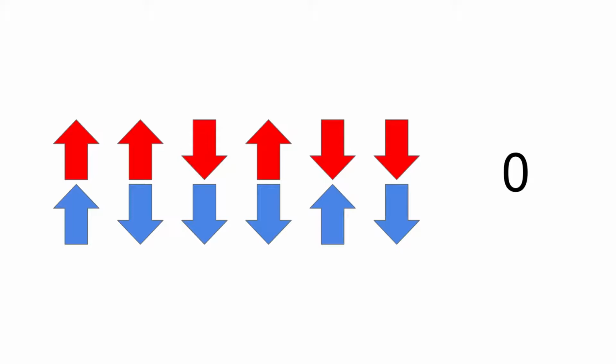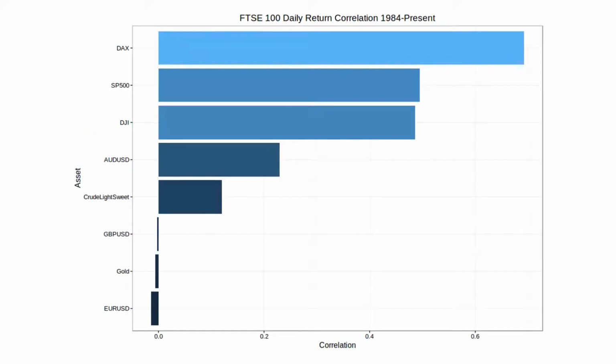So now let's look at the correlation of the FTSE with some currencies and some other assets. If we look at returns since 1984, what really jumps out is the correlation with the DAX. But of course that makes perfect sense. We're a European country and 50% of our trade is with Europe. So whatever drives European indices will also drive the FTSE 100. That's why the correlation is about +0.7 with the DAX. And more generally, it's correlated with global indices. So the S&P 500 has a correlation that's a little bit less than +0.5, and so does the Dow Jones